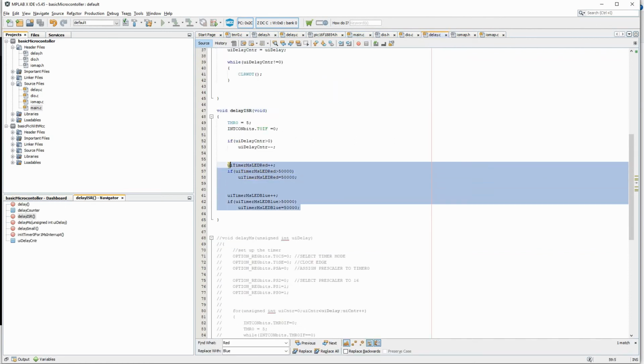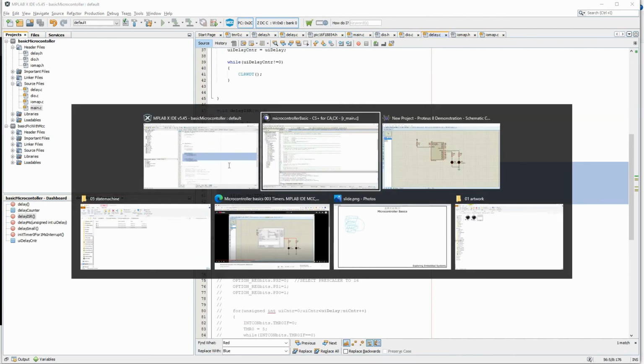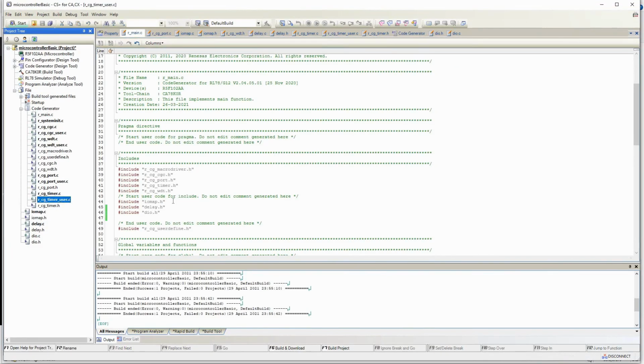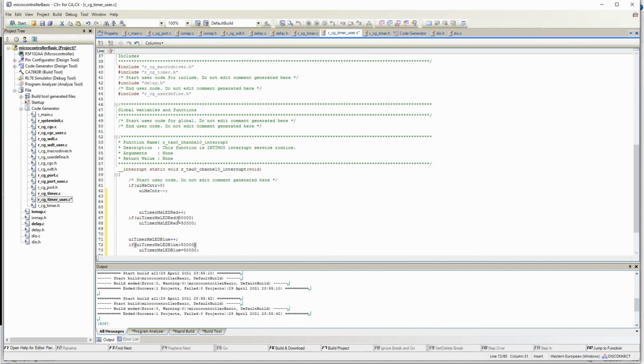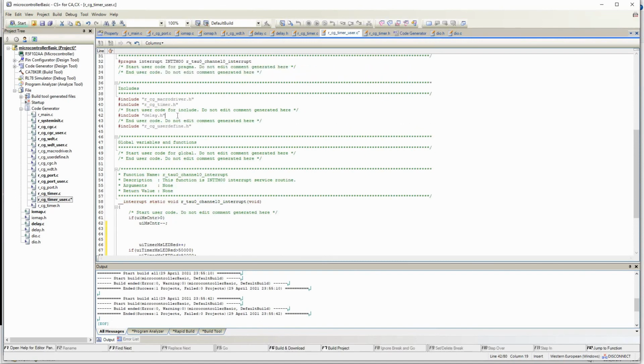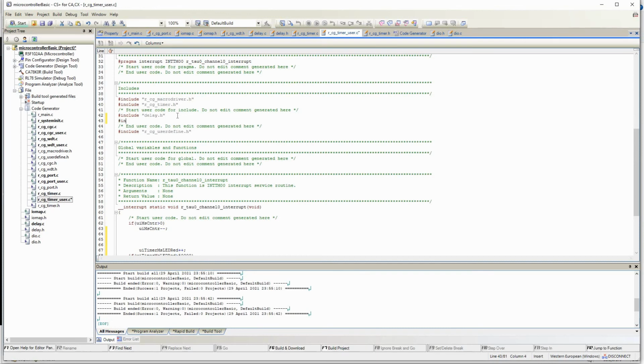This thing has to be there in the timer also. So here it is, timer user. I have to include the new includes. Let me build it. Let me simulate it.